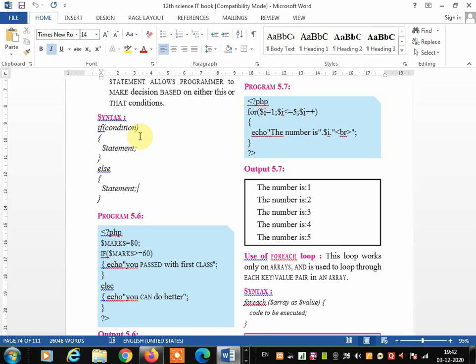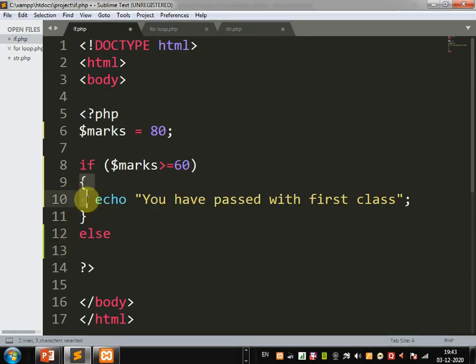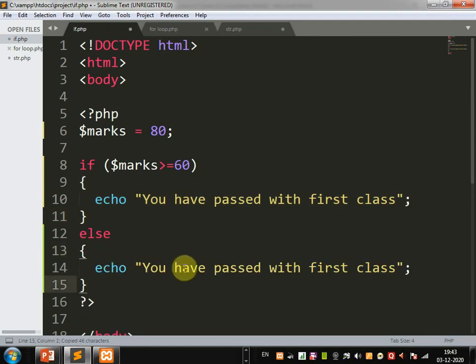Now let's see in the program how we can write this program by using if else statements. Now here I am writing if marks are greater than or equal to 60, but I want to write an else statement now. So else I can write over here, you can do better.